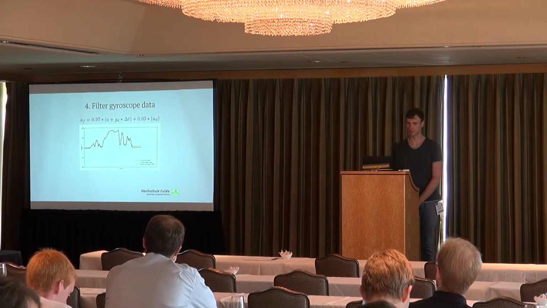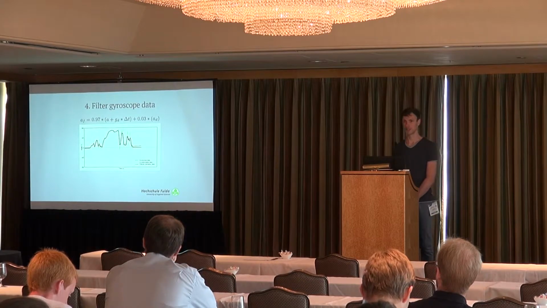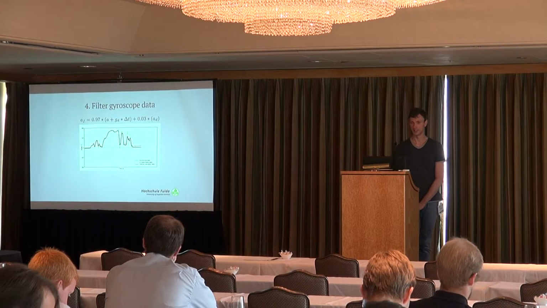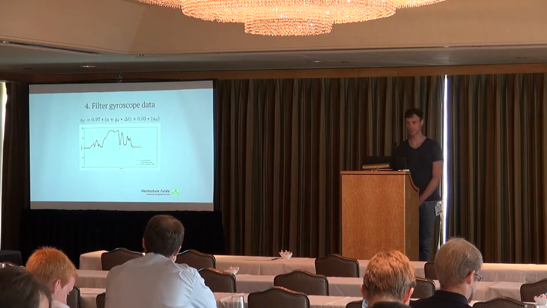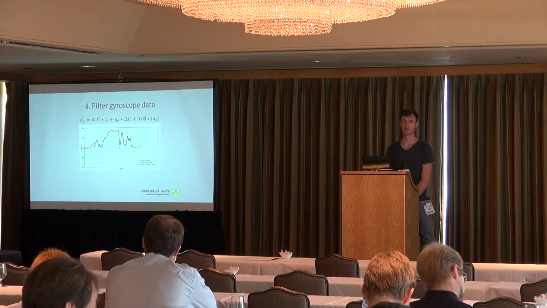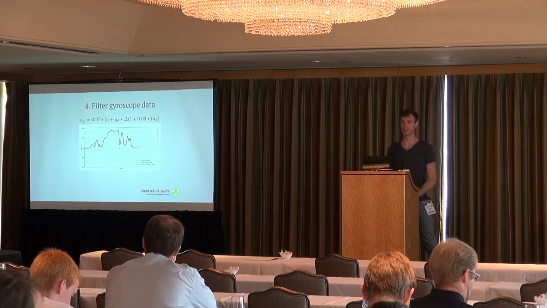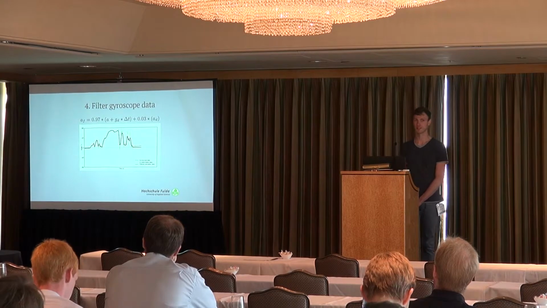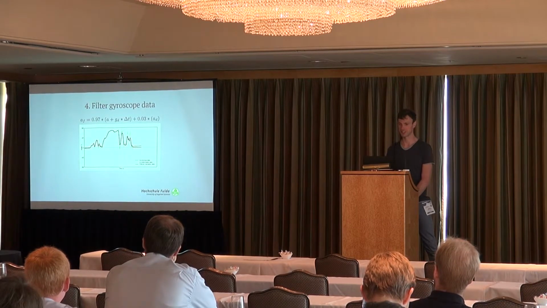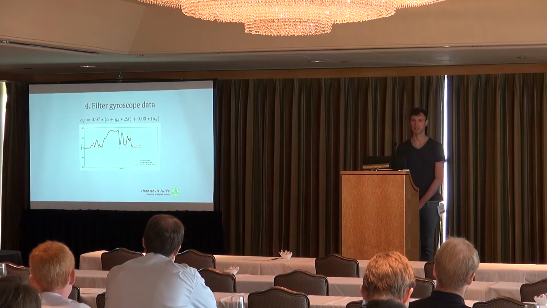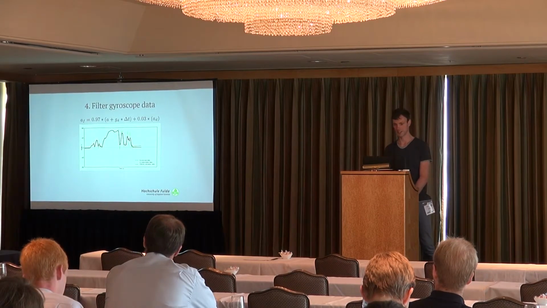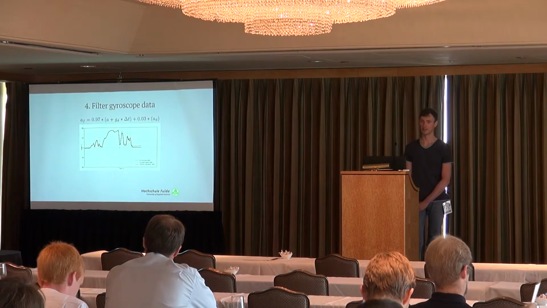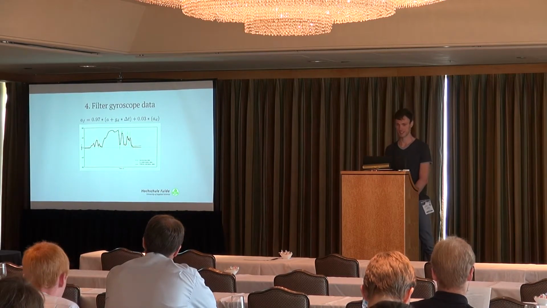When it comes to orientation, the gyroscope has the tendency to drift, which means if you orient or rotate a device and bring it back to its initial position, the values won't return back to zero. So in order to remove this drift from the gyroscope data, we use a complementary filter, which